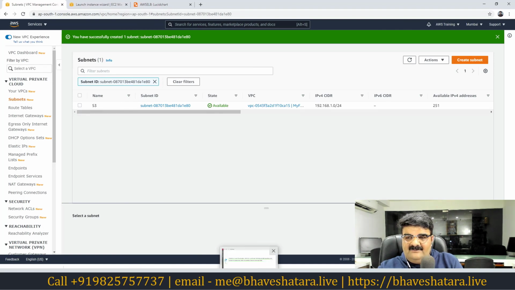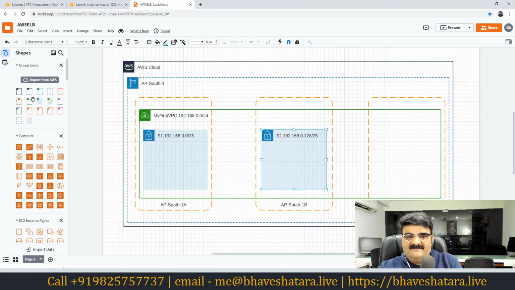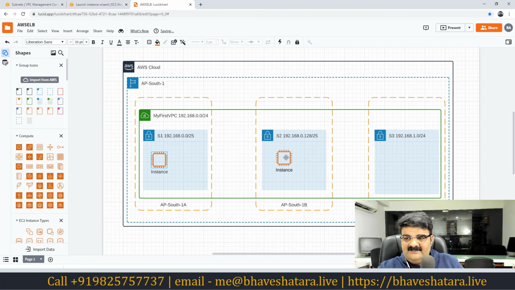Now we have another third subnet, and this subnet is S3, and we have the 192.168.1.0/24 address range. Yeah, so this is how it works. We have all three subnets, and now we can deploy our EC2 instances in all the subnets.